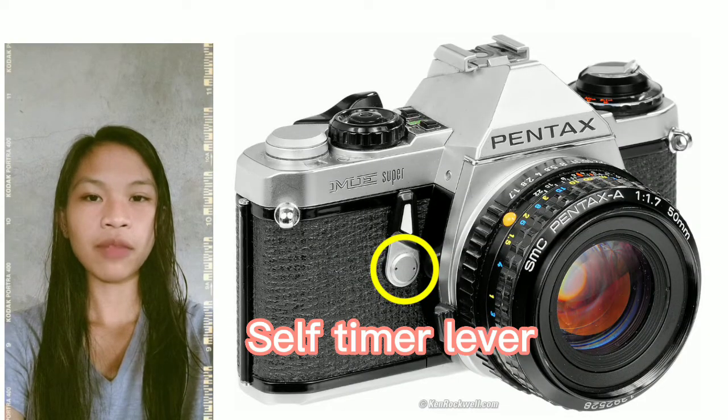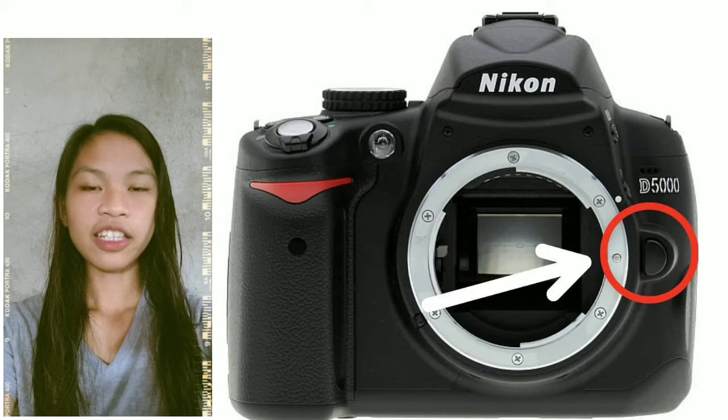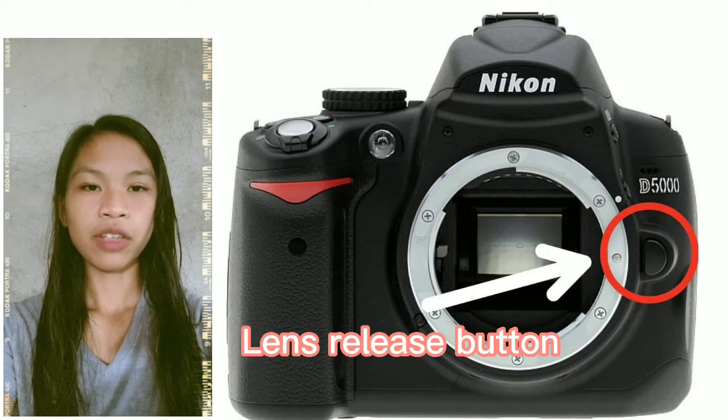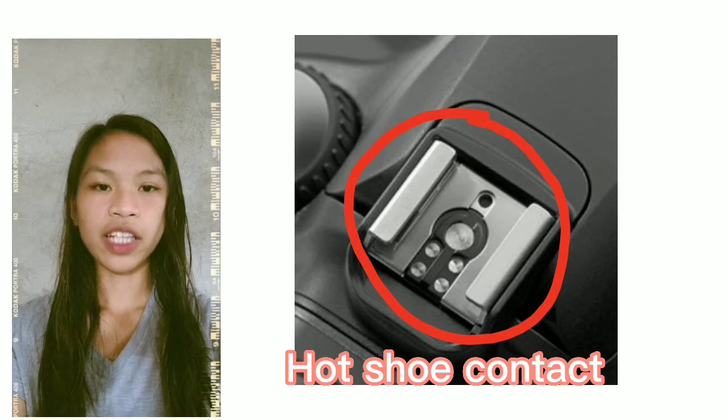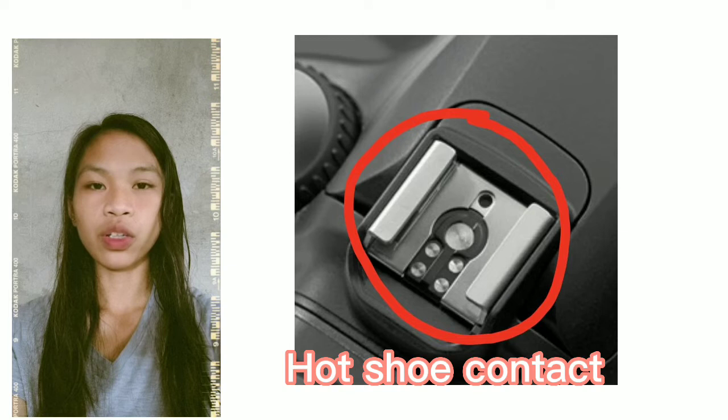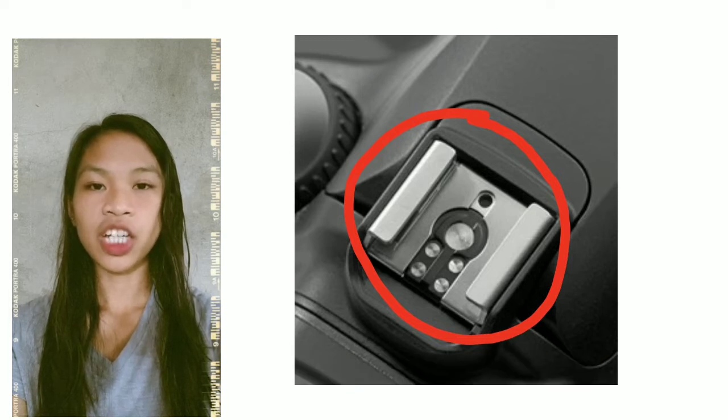Next is the self-timer lever. It gives a delay between pressing the shutter release and the shutter's firing. Lens release button. It unlocks the lens mount and allows you to detach the lens. Hot shoe contact or accessory shoe. It contains electronic contacts that allow you to control certain compatible accessories such as flashes, some microphones, wire triggers, viewfinders, and